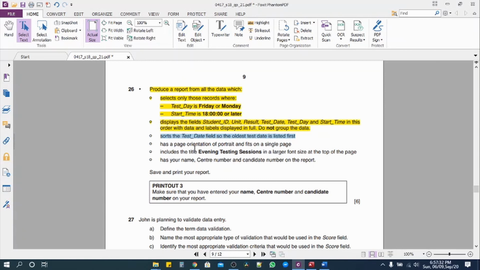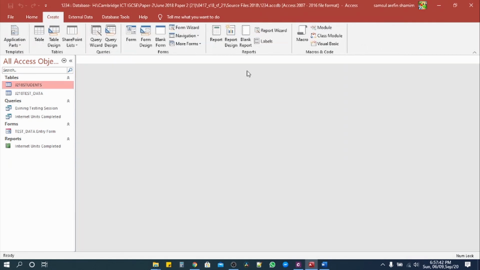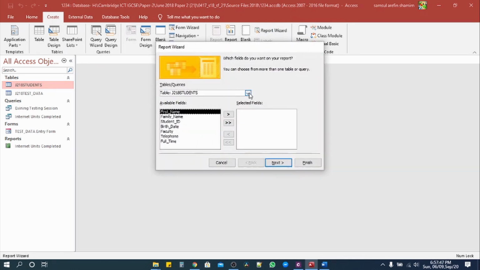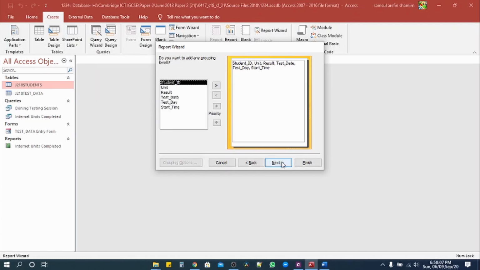okay, page orientation is portrait and fits in single page. So we have to make the report here. So close this, save it, create report user, then you have to select the evening testing session query from here, this one, and select all the field. No, here remember we have to select the next one because otherwise it will be grouped. Next,